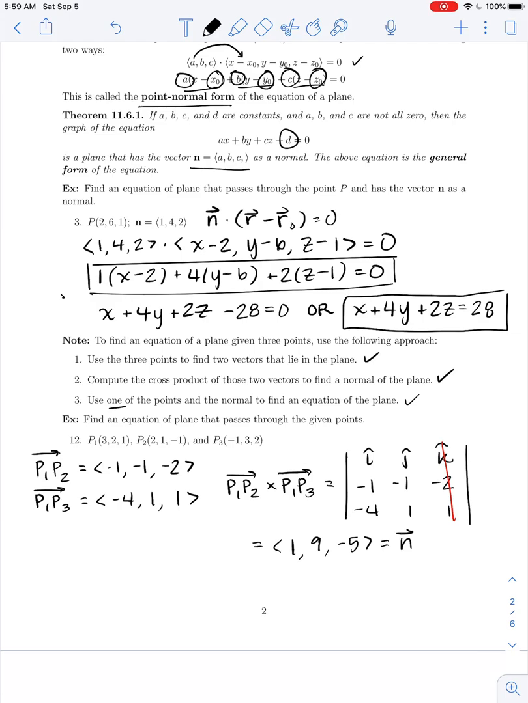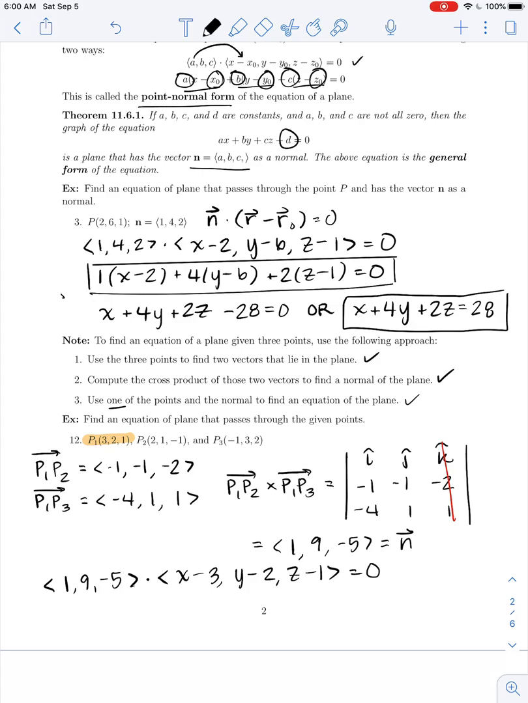And now we can pull it all together using the equation n dot (r minus r naught) equals 0. So I'm going to take my n, I'm going to dot it with r minus r naught. Remember, r is just some generic vector with the components x, y, z. And then for r naught, I'm going to use P1, and I'm just arbitrarily choosing that point. You could have just as well used P2 or P3. So that's going to be x minus 3, y minus 2, z minus 1. And don't forget to equate this to 0 to ensure that all vectors on the plane are perpendicular to the